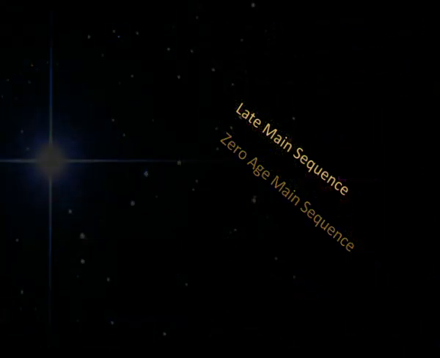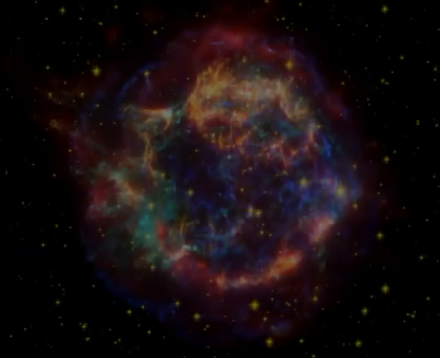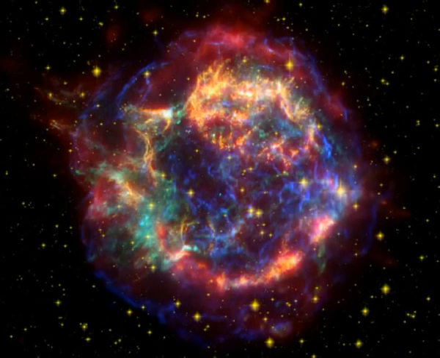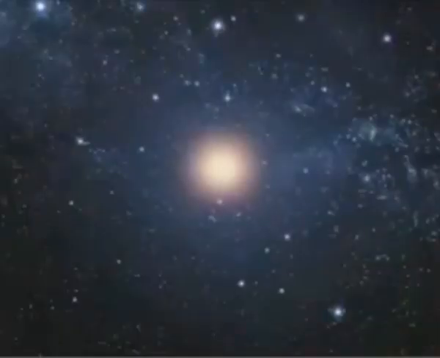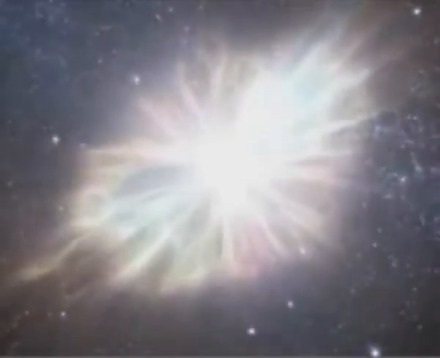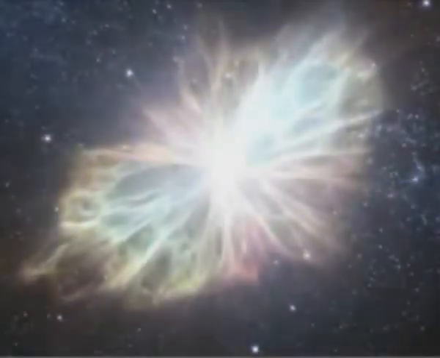Once the star begins to run out of fusible hydrogen in its core, it will begin to undergo the process of star death and will leave the main sequence. From here it will undergo one of the three deaths that we began with. It could explode as a supernova. It could swell into a red giant and then collapse into a white dwarf, or fade gently into a cold black dwarf.